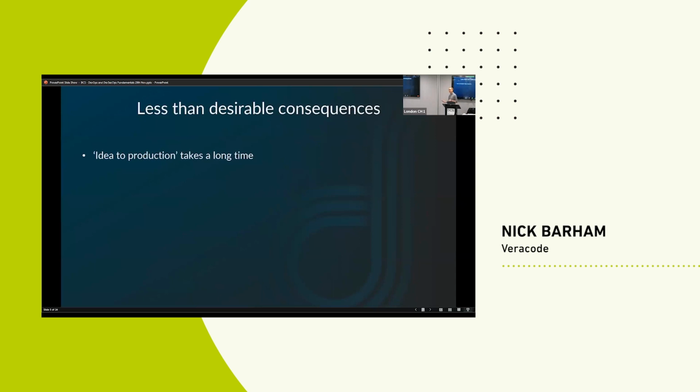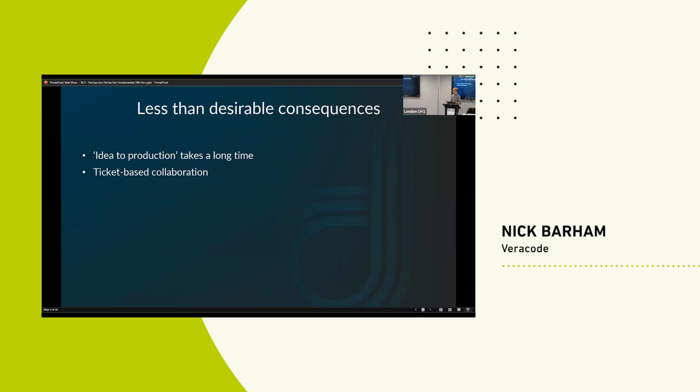or a software capability, the length of time from coming up with that new idea and that new concept will take an awful long time to go all the way through to a piece of software which is in production. So that length of time is dependent on lots of different teams finishing what they're doing, handing it off to the next team, and of course, as a result, you can have this great length of time between starting with a new idea or a new piece of software and actually entering